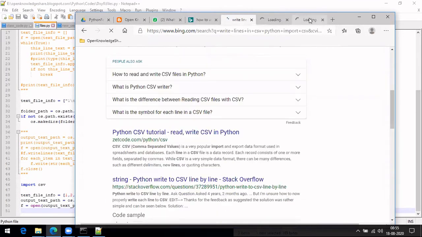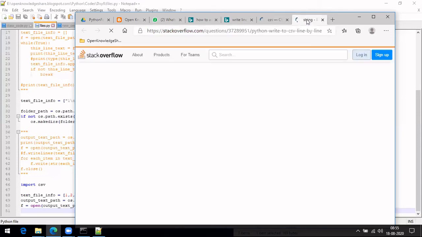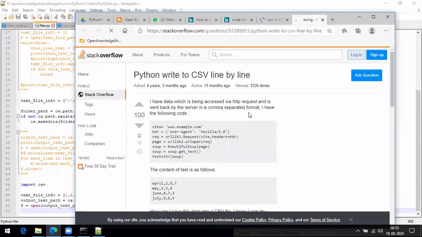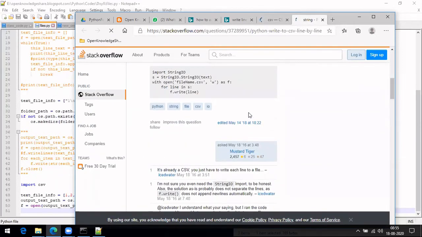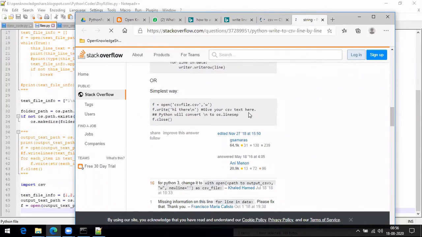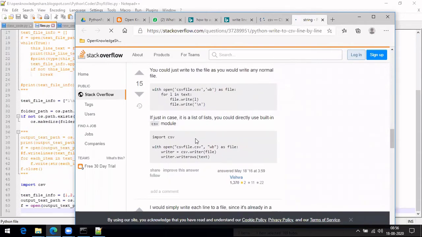Okay, so let me also open the Stack Overflow. Okay, he is trying. It can also be done just like how we are doing the text.